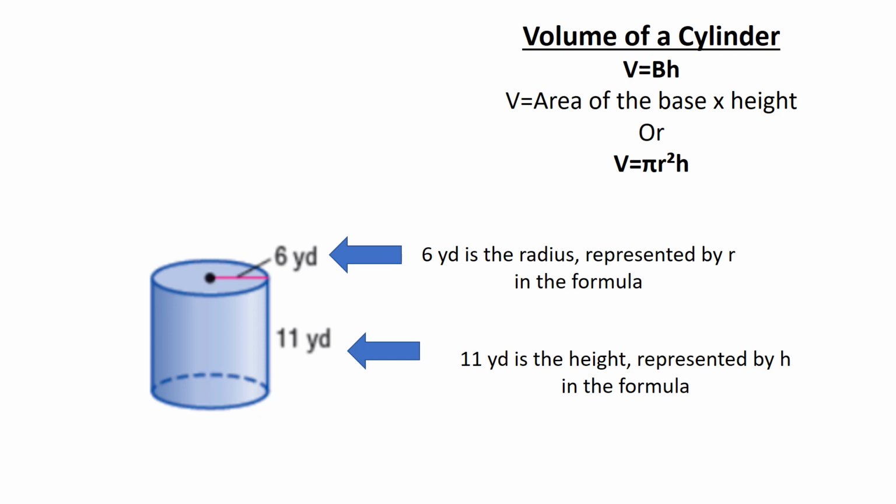Volume of a cylinder, typically if they're going to give you a formula, it will be something like this, where it's volume equals area of the base times the height. The one that will help you more is the second one, which is volume equals pi times the radius squared times the height. So here you can see your 6 yards is going to be your radius and your 11